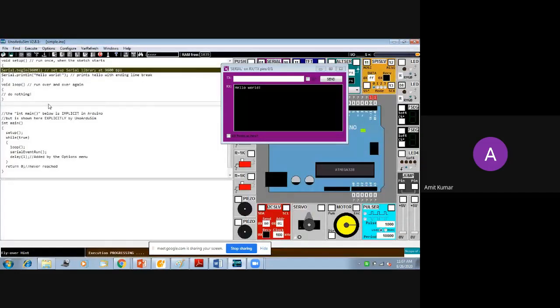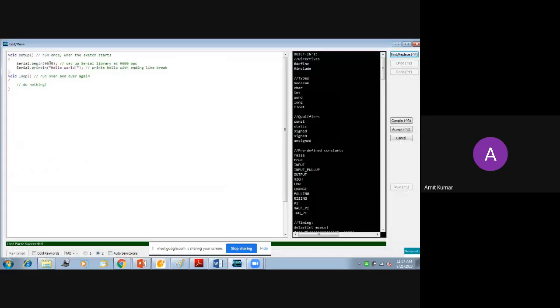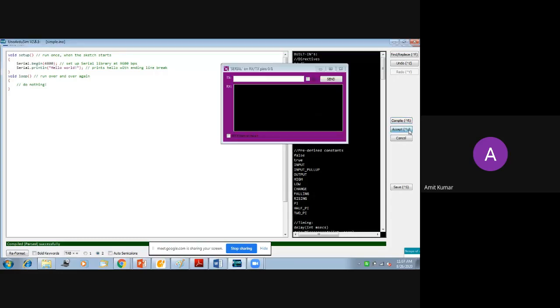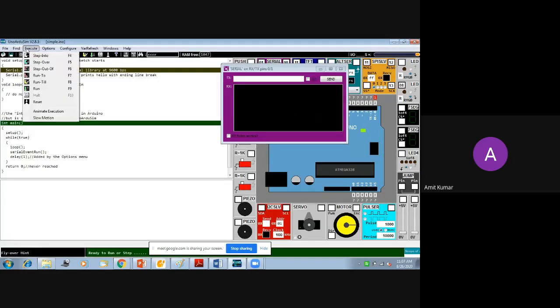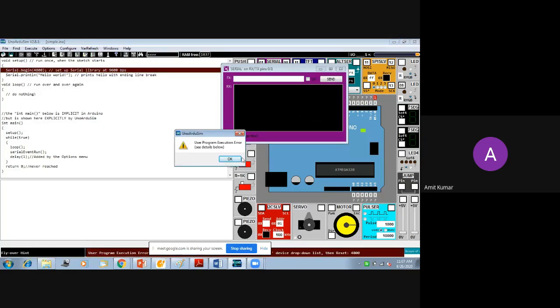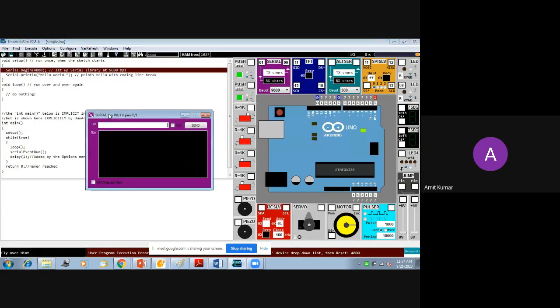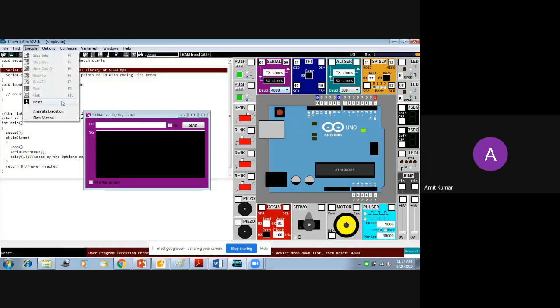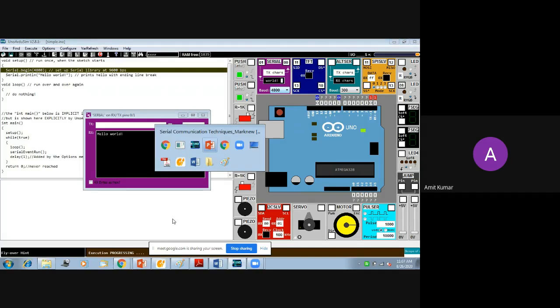So just double click here and replace 9600 by 4800 and compile here, accept here. Now, if you try to execute, it will not execute because the baud rate of serial communication is at 9600. So first you make it 4800. Now if you execute, this will execute. Now you can see you have seen the correct message. So this is your first task.